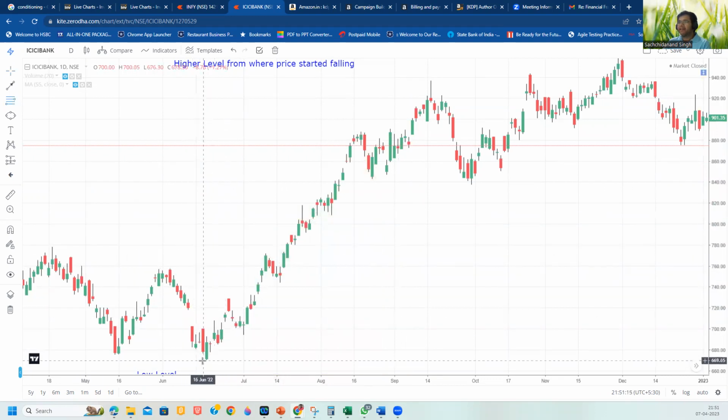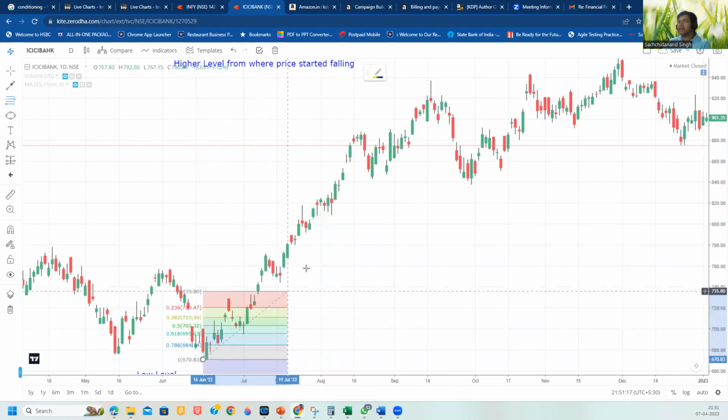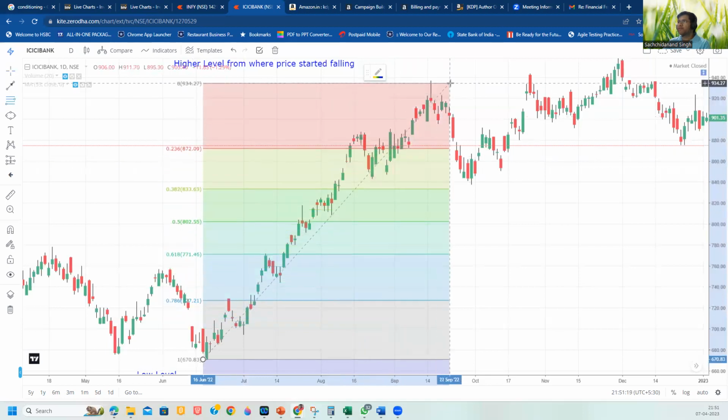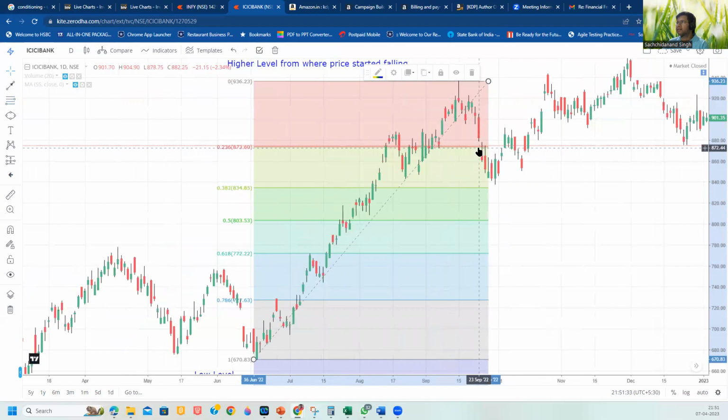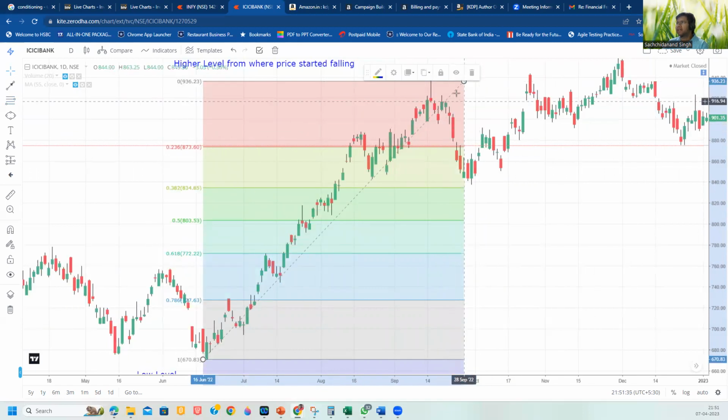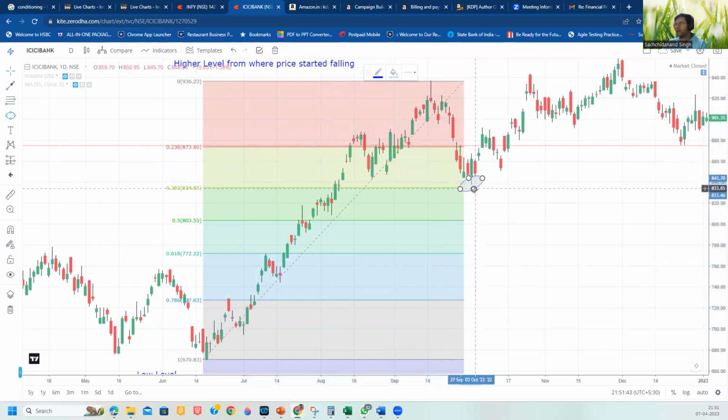And I'm doing my first click at the bottom, and this time I'm going to the topmost point of this uptrending stock and doing the second click here. Okay, so in this case, the retracement of this stock while moving in the upward direction is happening from this level to somewhere at this level. Okay, this is the lowest level